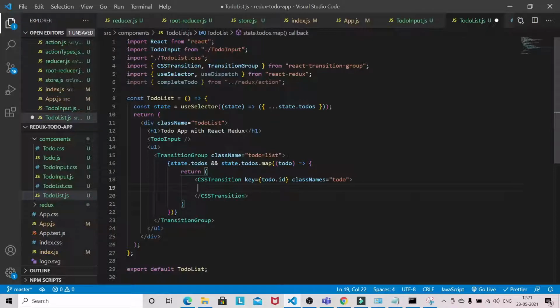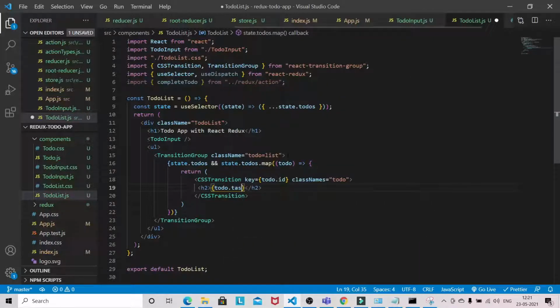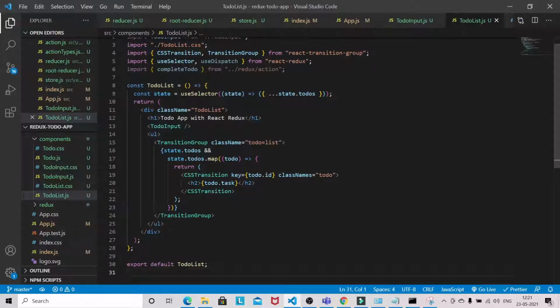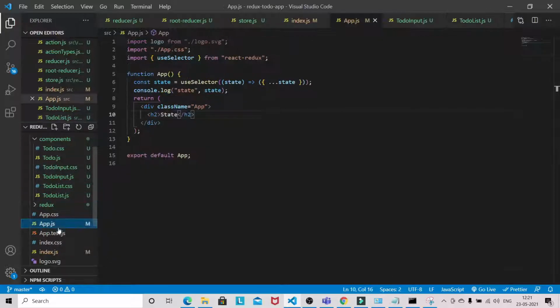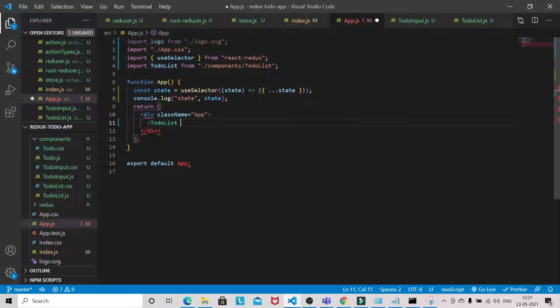Let's see whether we are able to see something or not. This will basically be your todo.task. Okay. Let's see whether we are able to see something on screen. Come to your app.js and just bring the to-do list.